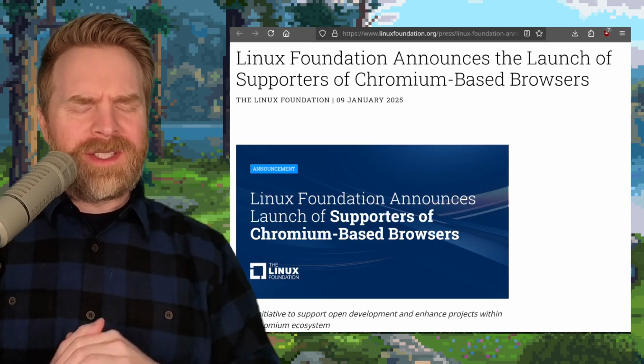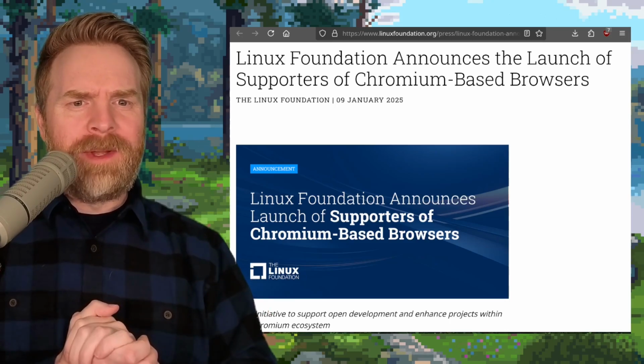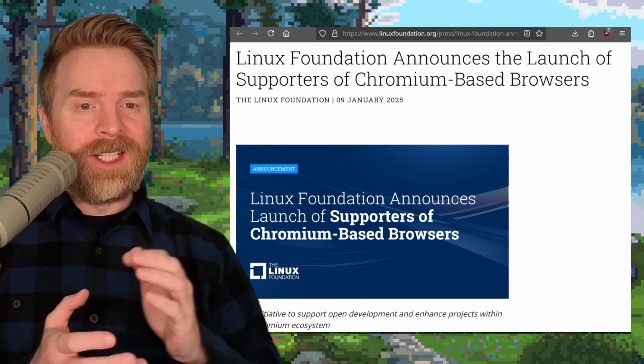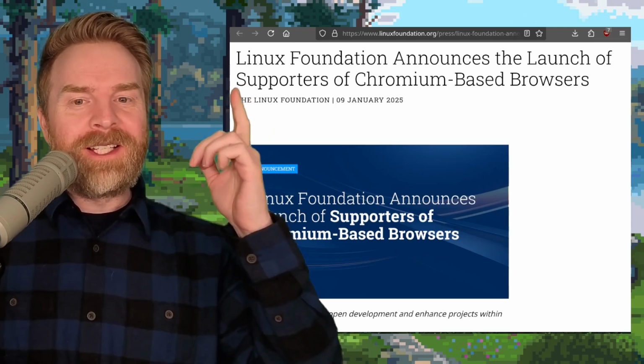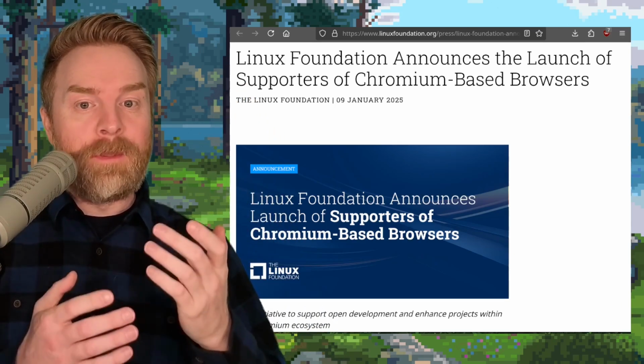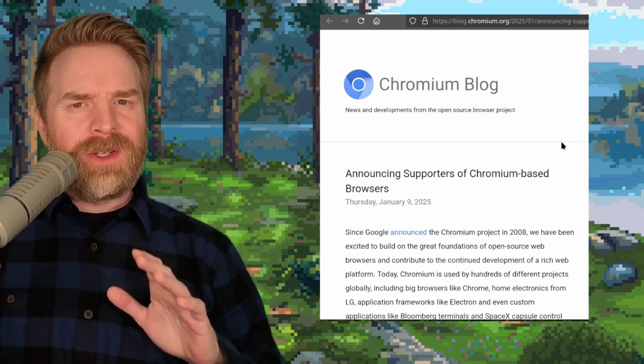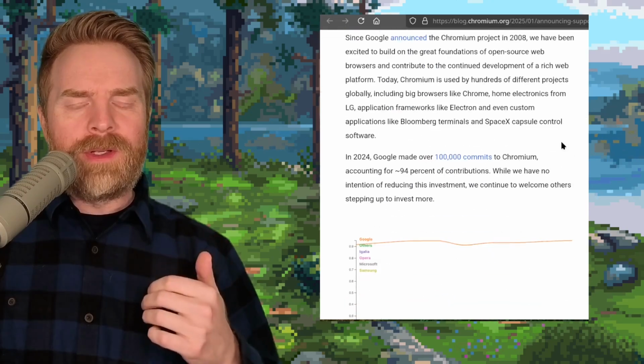Next up, we're talking about something that I'm not quite sure on what to make of yet. I'm leaning towards bad, but I could be wrong about that, and I'd love to hear your thoughts. Anyways, the Linux Foundation announces the launch of supporters of Chromium-based browsers. Now, the reason I'm not quite sure of what to make about this is because over on the Chromium blog,